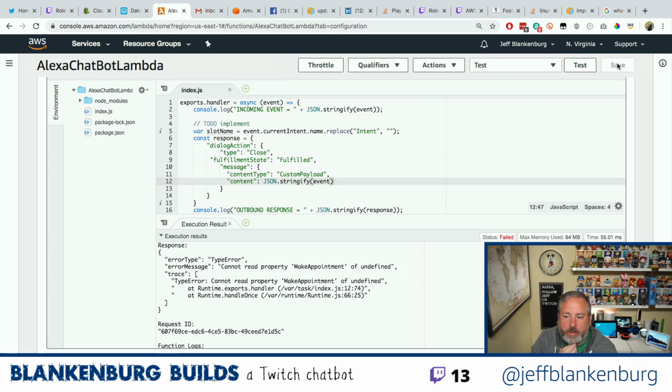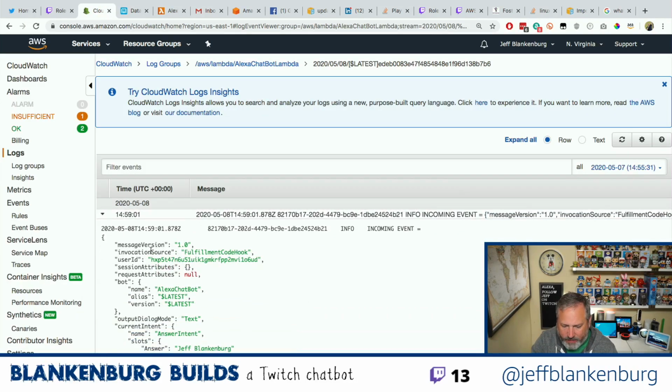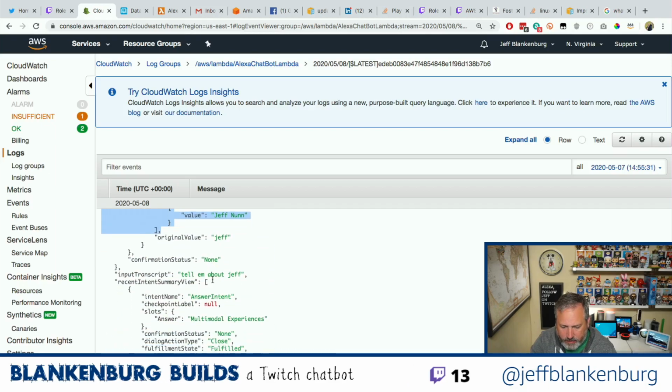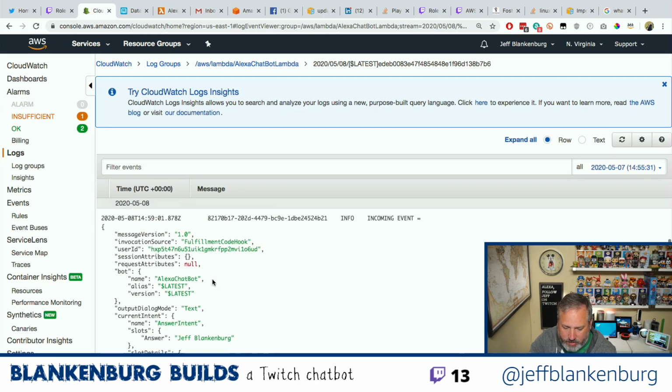It will. Yeah, you get the full transcript, so I can take all of that information and data and do some good things with it. But what I'm doing right now is taking this entire object. If you look at this whole chunk, all of this JSON is being turned into a string that I'm passing through from Lex. So I get this entire chunk of data.